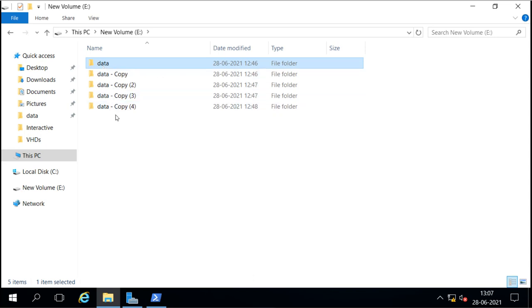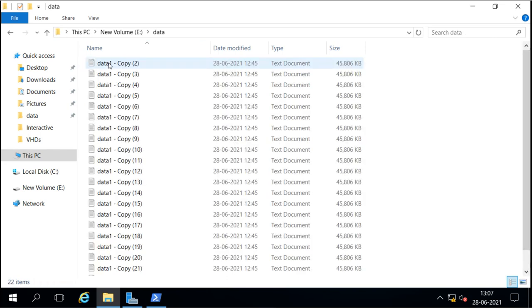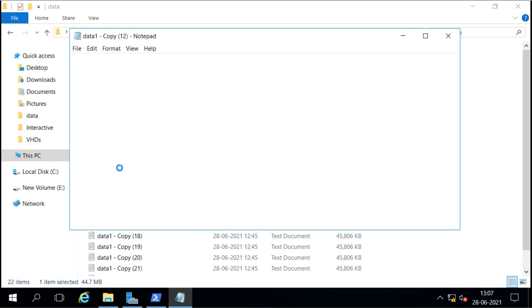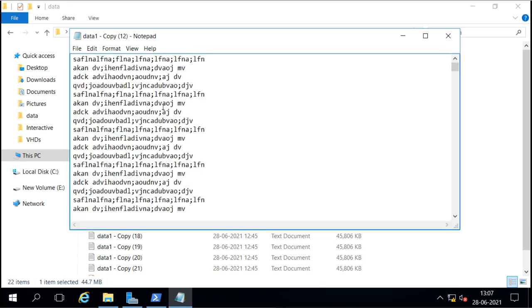That means it knows it has the reference here, that in the files these are all copies of the same file. So it knows how much data these files have. Now when we open any of these files, what does it do? It collects the reference, it checks the reference and shows the data here. So by the reference it shows the data here.